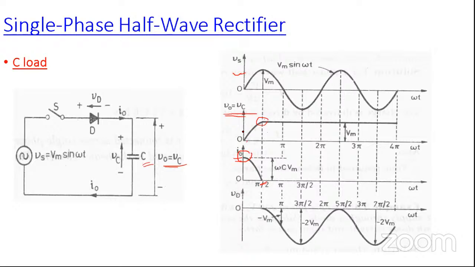And similarly, after getting output voltage and output current, now you have to find out what is the voltage across the diode. So here, in the positive half, the diode will be in forward bias condition. So up to this you get that the diode voltage is 0, and after that you get the voltage waveform across the diode, which basically follows the exactly similar voltage waveform like the sinusoidal voltage wave. Okay,